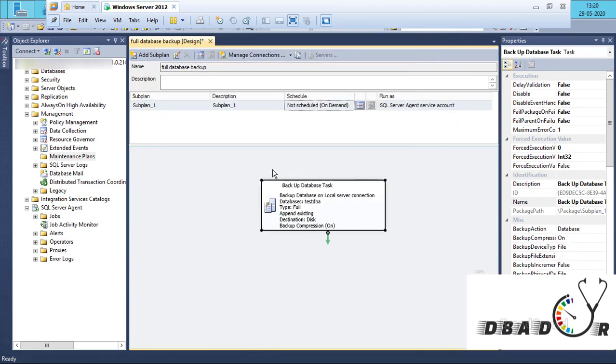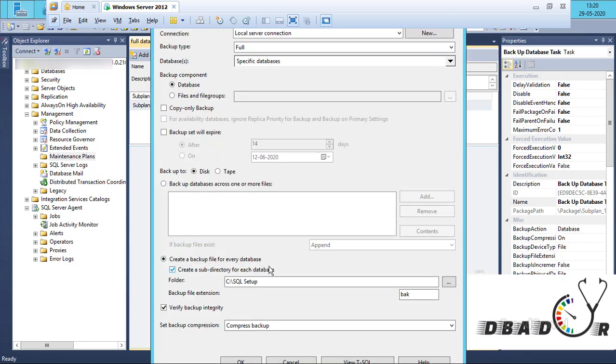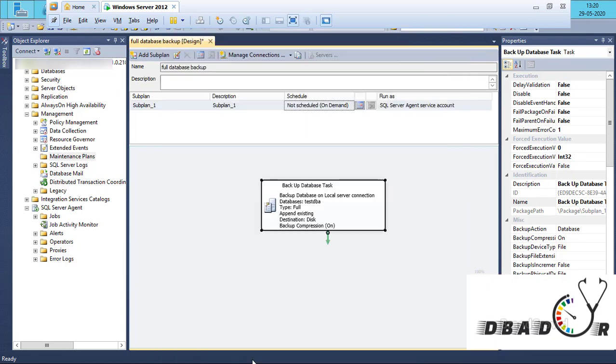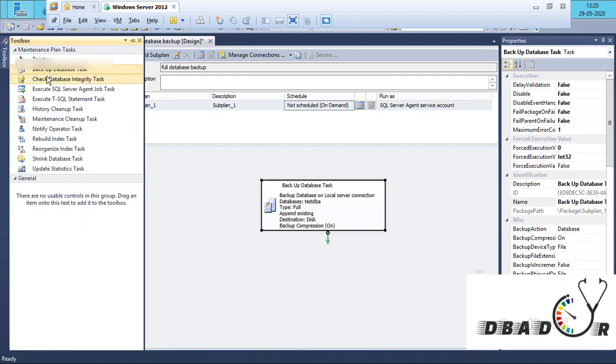Okay, the backup database schedule is already done and we have fixed it. And after backup, let's say we have taken a backup, but we don't want the server to run out of space or have space crunches and all. So here we have one more option,